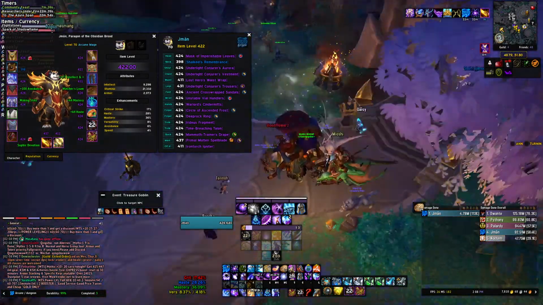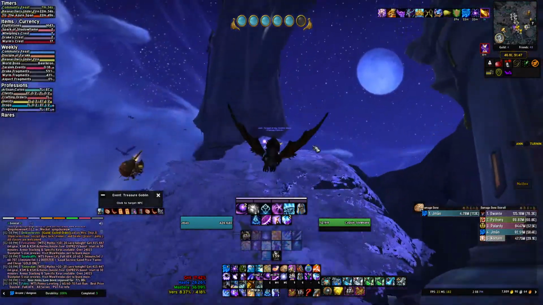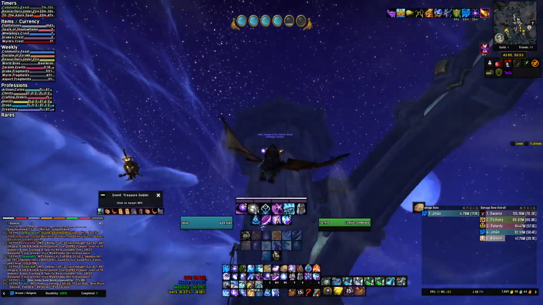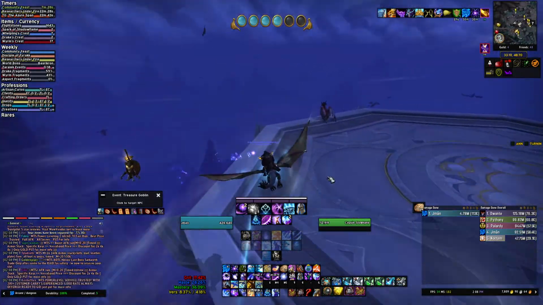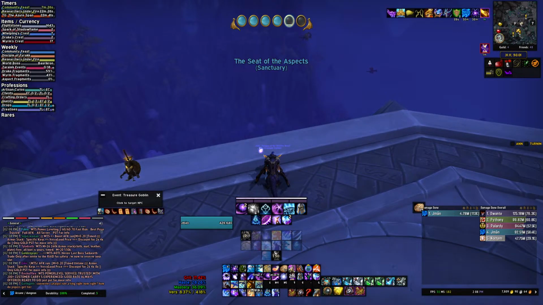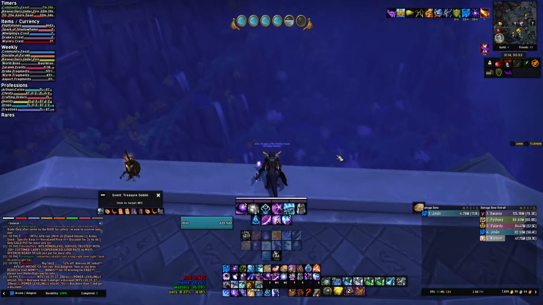And then this is the filler. So the main difference between Arcane Harmony and the Mana Gem playstyle is, as you saw there, I used my clear casting proc on Arcane Explosion. So you want to do that on 3+ targets for Mana Gem. All right, so at this point,